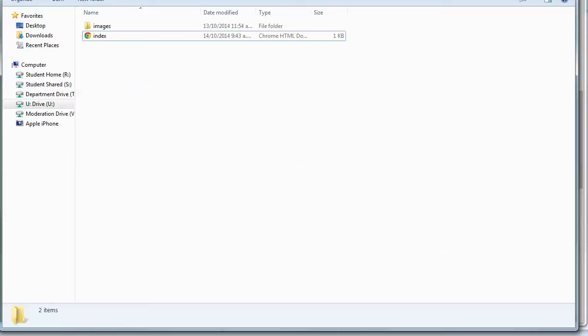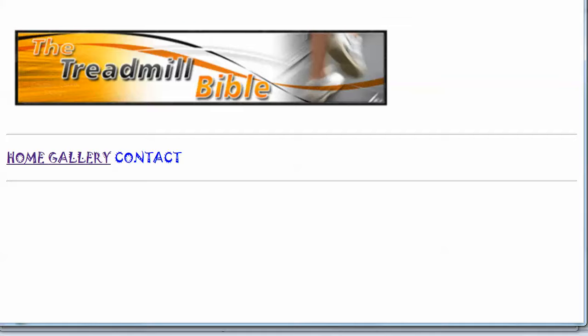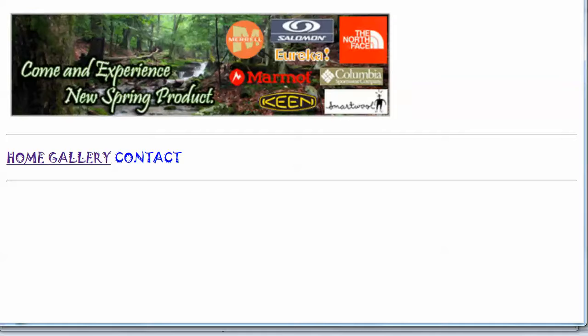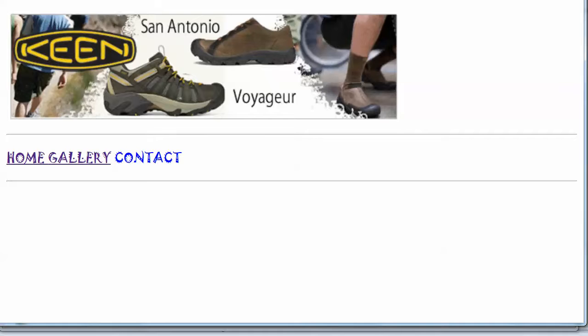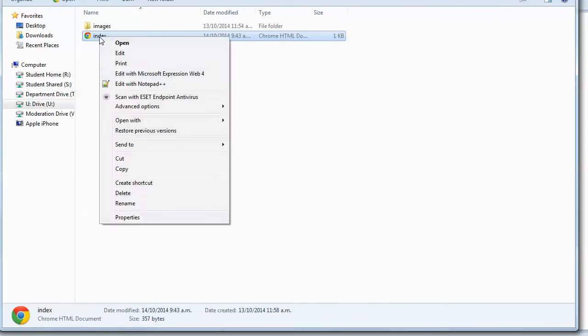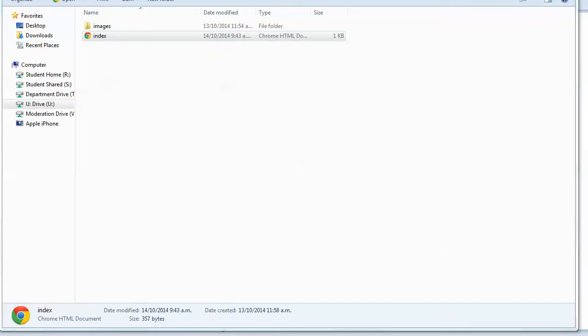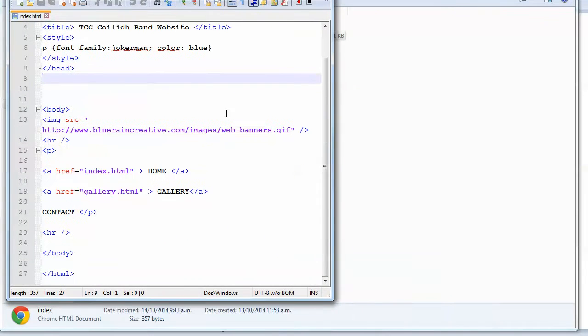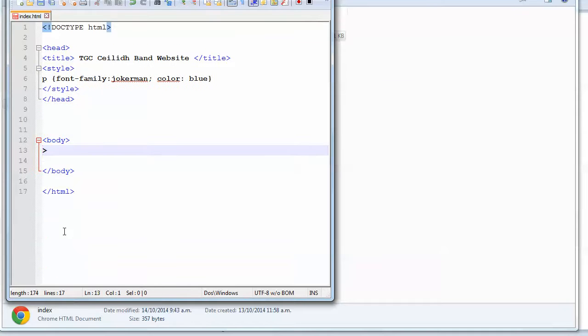Right, so here's where we ended at the last video. There is my index page next to my images folder. Now I'm going to do 2 things here. I'm going to double click it and open it up, and whoops, it's already made. And the second thing that I am going to do is open this, so right click it and edit with Notepad. Now I'm just going to resize everything. First thing I'm just going to do here is take out everything that's on here already, so I'm going to go back to my blank page and build it all up from scratch. Control S that,